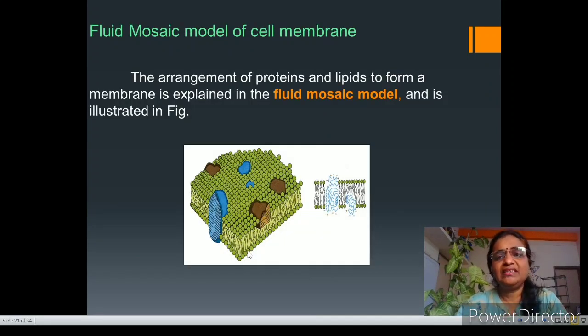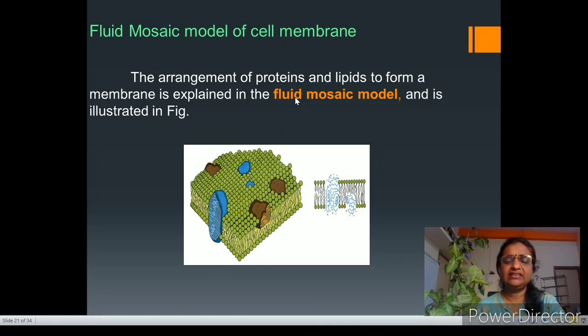A number of scientists explained the structure of the cell membrane. One of the best accepted models which explains the cell membrane is the fluid mosaic model. It was given by Singer and Nicolson. This is Singer and Nicolson's fluid mosaic model. In this model, they have shown that phospholipids form the bilayer. Phospholipids are arranged in the cell membrane side by side. There is no rigid binding between these adjacent phospholipids. They are arranged side by side longitudinally and form a fluid cell membrane. That's why the cell membrane is not rigid, it is fluid, and that is where the word fluid came from.